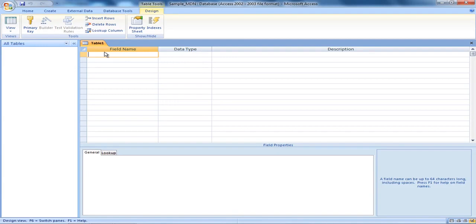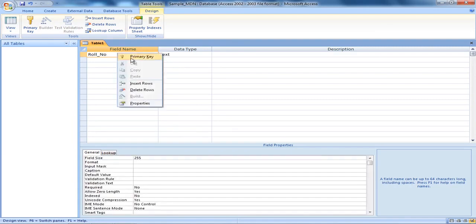Now suppose I want to create a table called student. What does the student have? Student will have roll number, roll underscore NO. Now always remember that every table must have a unique field. What is that unique field? I hope you remember that a unique field is known as a primary key, with which we retrieve the records.